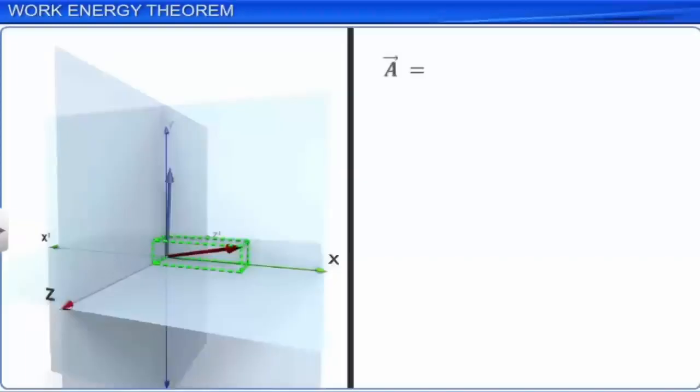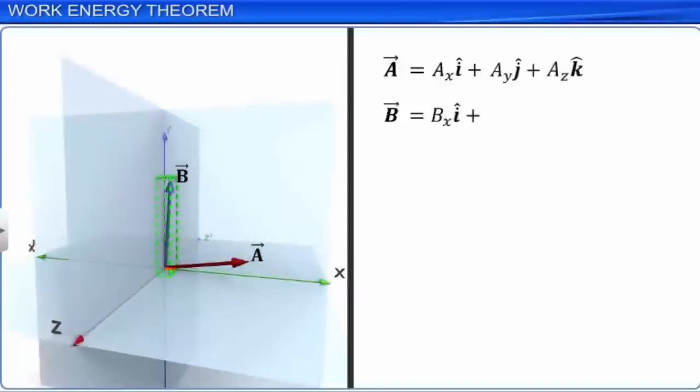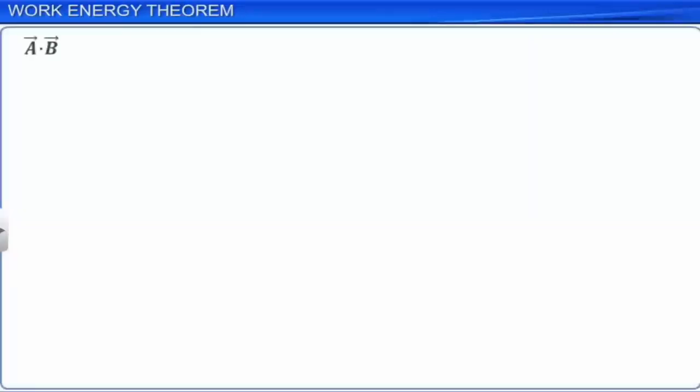If two vectors A and B are expressed in terms of their components along coordinate axes Ax, Ay, Az, Bx, By, and Bz respectively, then A dot B is equal to (AxI plus AyJ plus AzK) dot (BxI plus ByJ plus BzK),